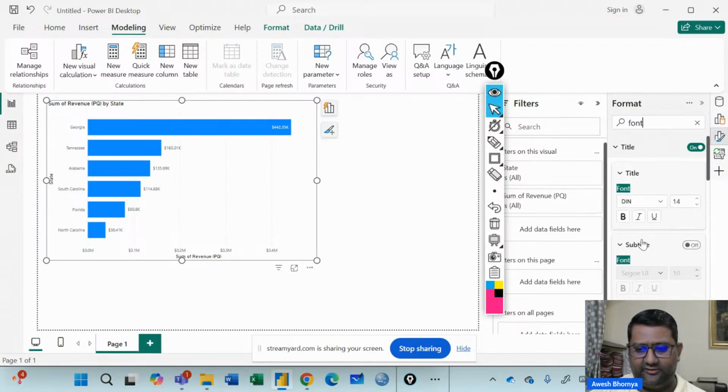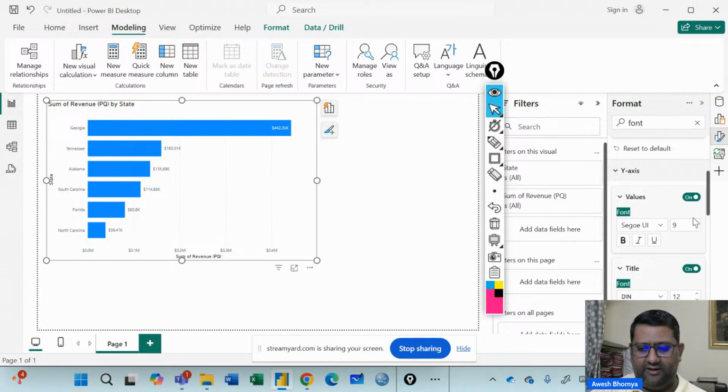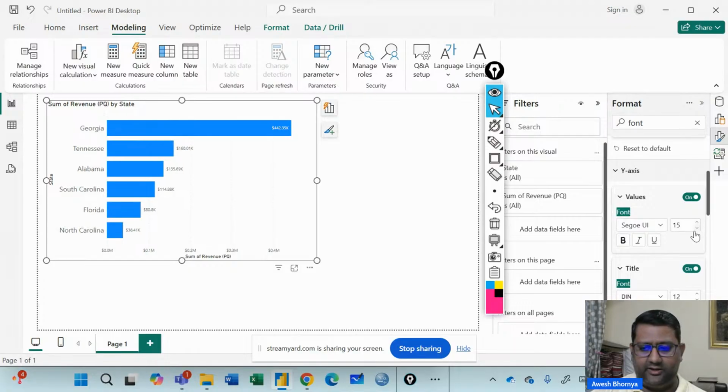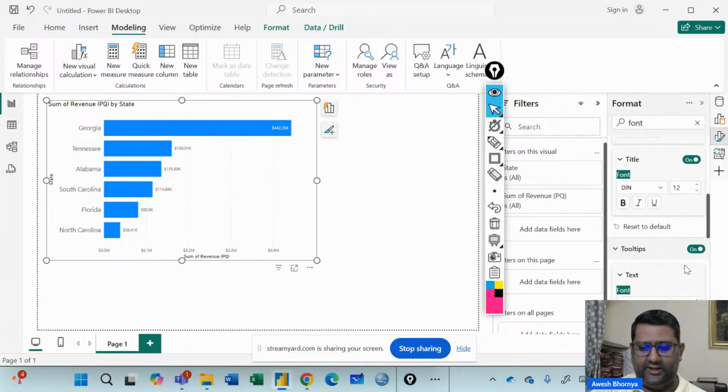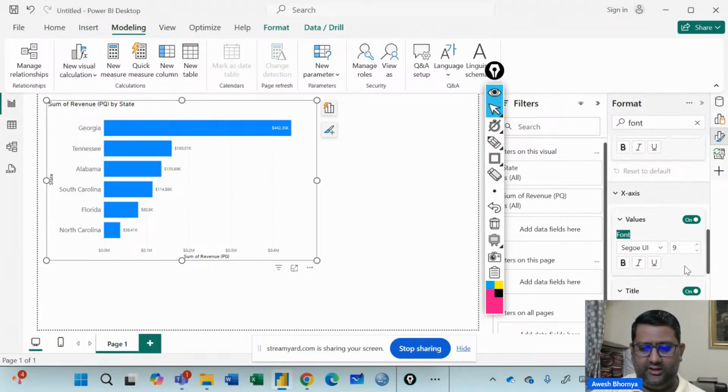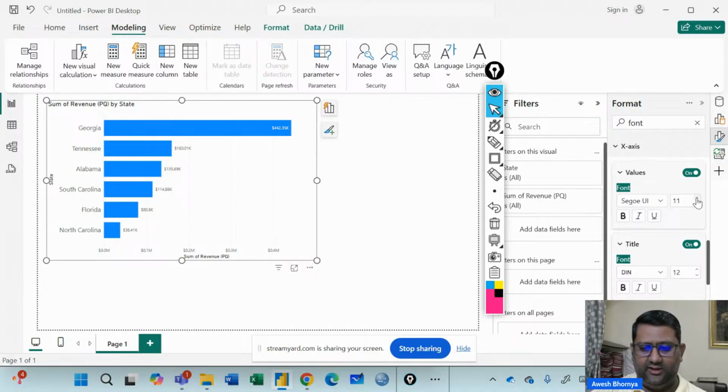So I'll just increase the font for the title a little. Maybe I'll make it about 16. Then for the Y values also, I'll increase the title a little so that the state names can be seen better. Let's make it about 14. Then I will update it for the x-axis values. Let's make it about